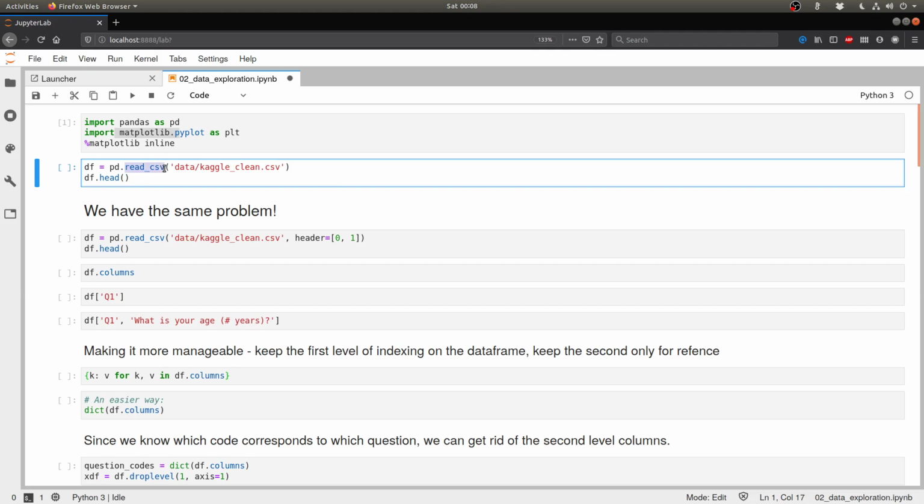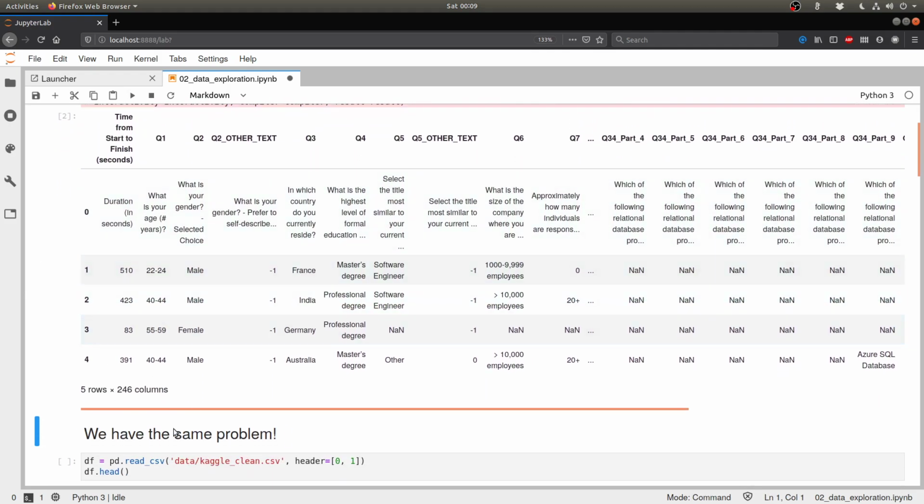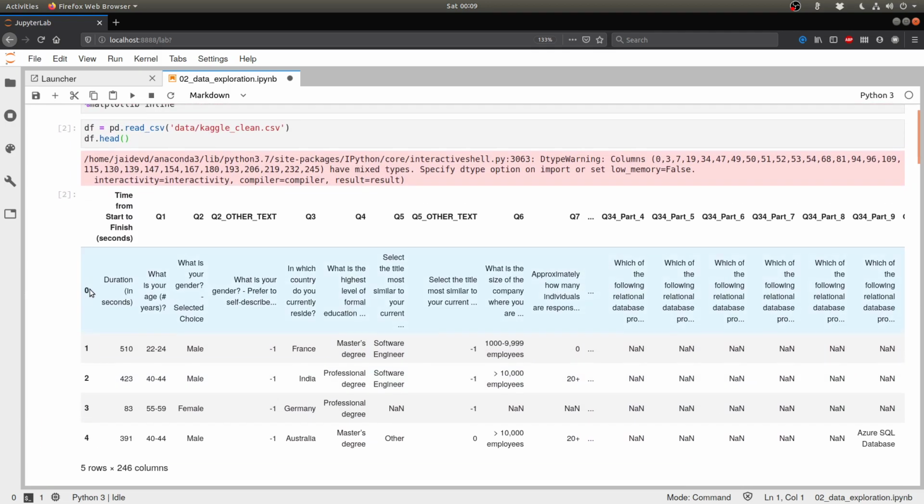Now, as usual, at the end of the last notebook, you must have seen that we had written this data to this particular path. We had a folder called data within which we created this file Kaggle clean, and we're just going to read it back again and look at the first 5 rows of that data set. So you see, we still have the same problem. That is, our first column is still text and our header is obviously already text. So our data is still not completely numerical.